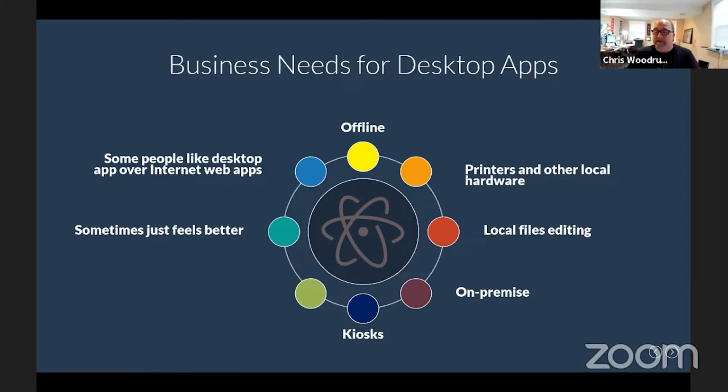So maybe these reasons aren't good for them. So really, maybe this business need for desktop apps is just because I'm a Gen X person who grew up with desktop apps.